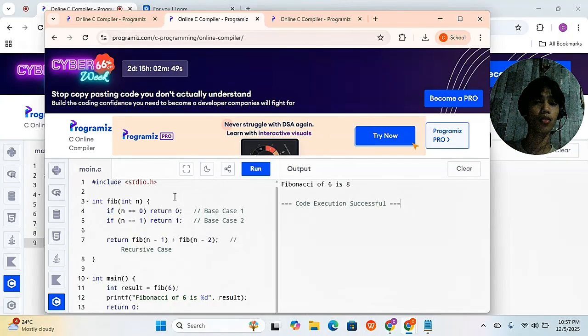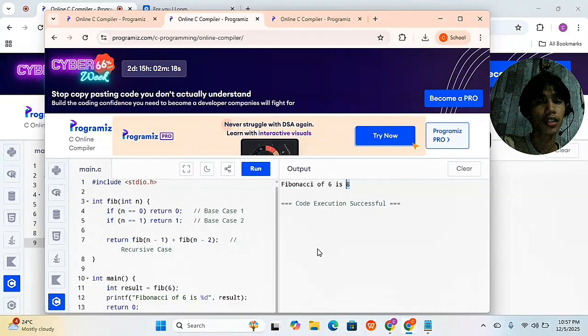So 0, 1, 1, 2, 3, 5, 8, and so on. Now fib 6 is equal to fib 5 plus fib 4, and so on. It keeps breaking down until it reaches the base case, which is 0 and 1. The final answer will be 8.